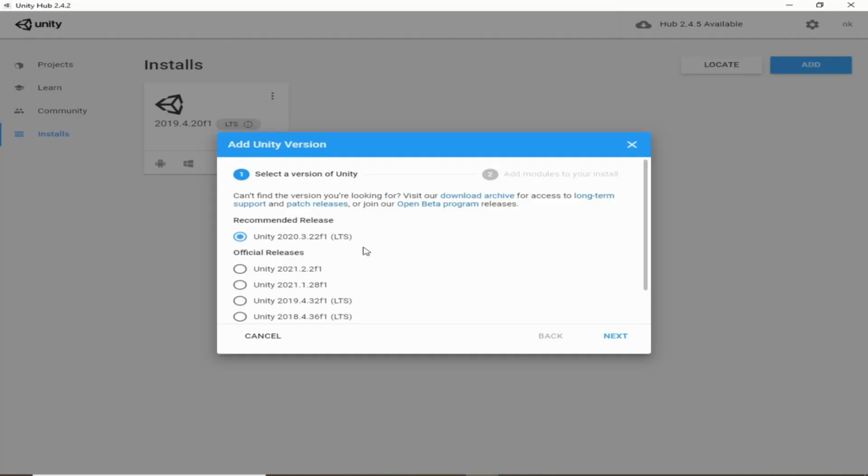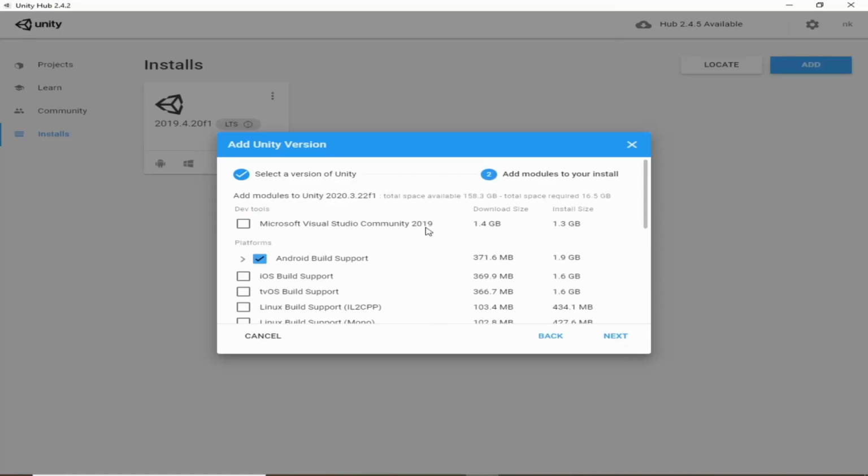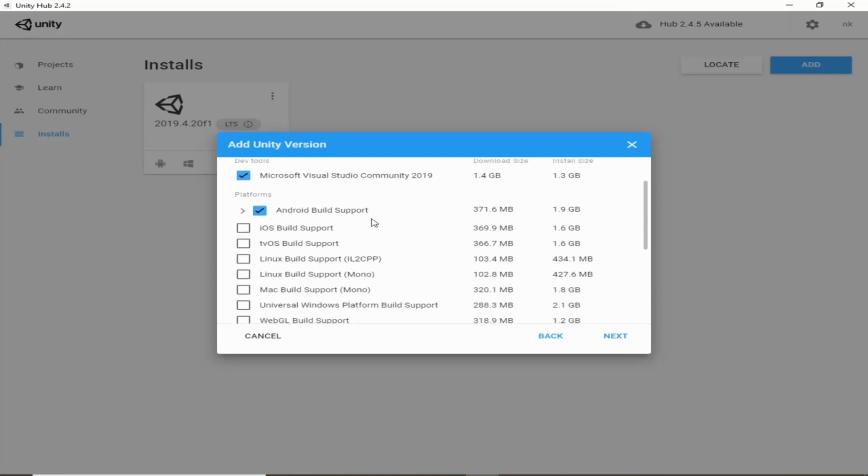So we will click on next, and from here, if you have not installed any IDE on your computer, then click on this. It will download Microsoft Visual Studio Community Edition 2019. You can also use VS Code with Unity, but for this series we will use Visual Studio.